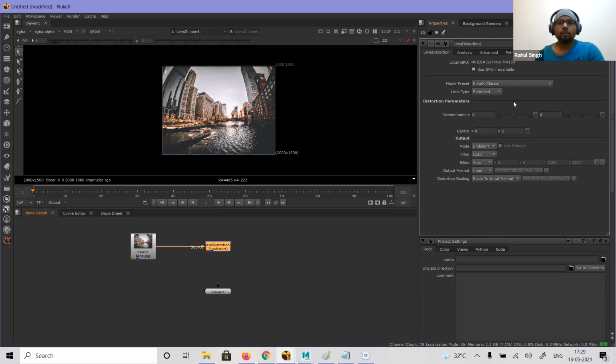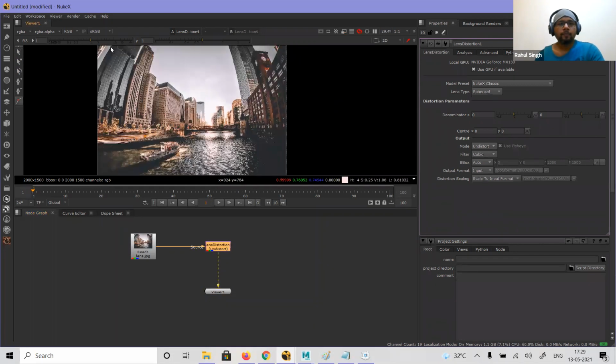So we can easily do that, right? We can easily create my lines, say that should be straight. So there's the manual process.